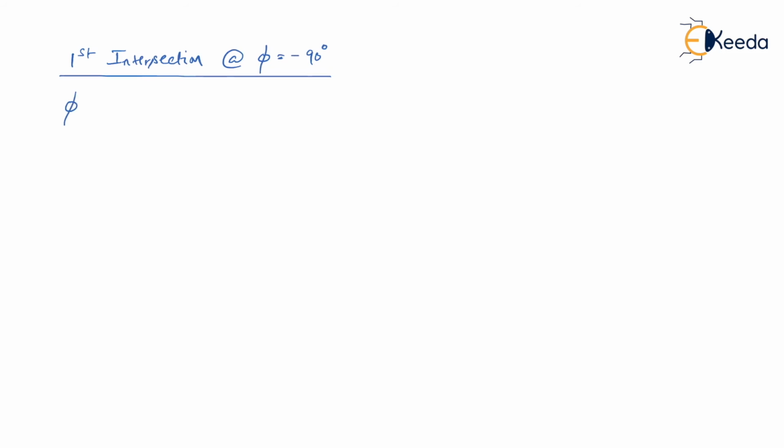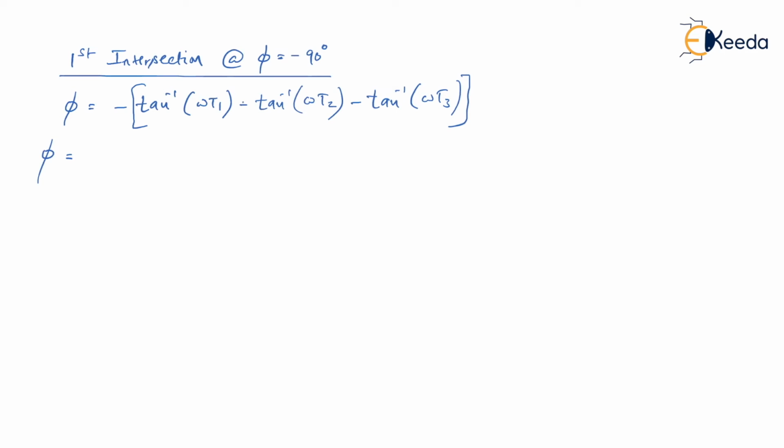So let me write the final phase expression that we had: minus tan inverse of omega t1 minus tan inverse of omega t2 minus tan inverse of omega t3. Obviously, we have the formula for tan inverse of a plus tan inverse of b. Now there are a, b, c, so don't worry. First of all, I can take this negative sign out. Suppose I take this negative sign out, I can just make it plus. I can solve for this, considering this as tan inverse of a plus tan inverse of b. And later on, I can club with the third part.